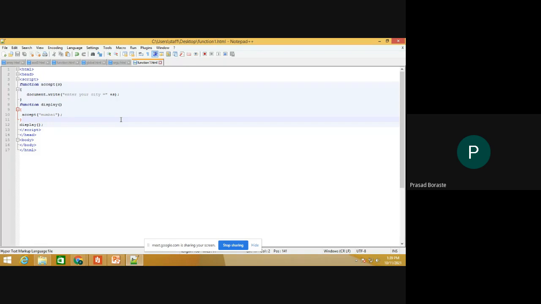So here our topic of functions ends. The function topic was simple. First we saw the definition of a function, then how to define a function, then function without argument and with argument, then calling a function from HTML and calling a function from another function. So this was the part of functions. In the next lecture we will be studying strings.